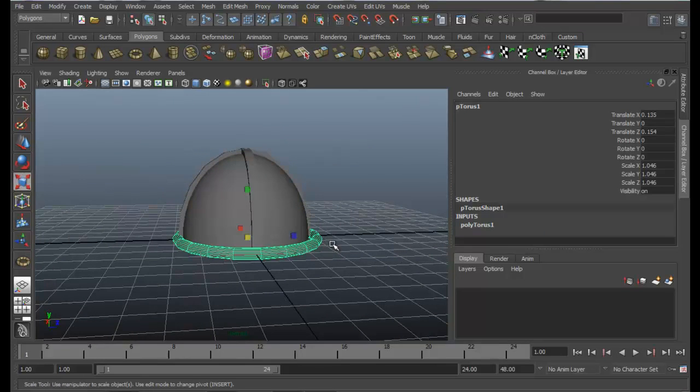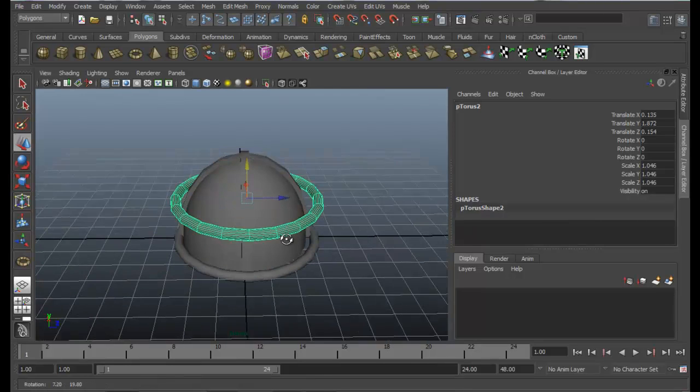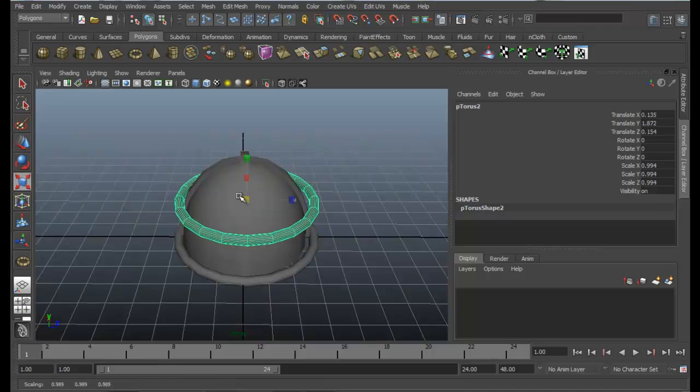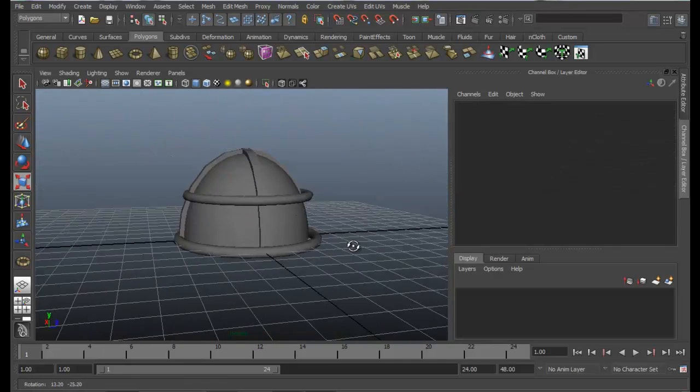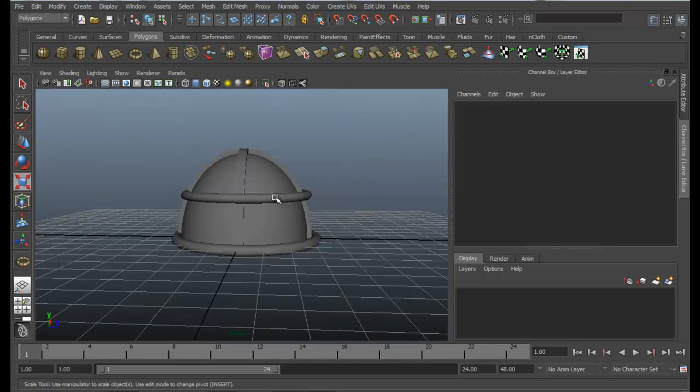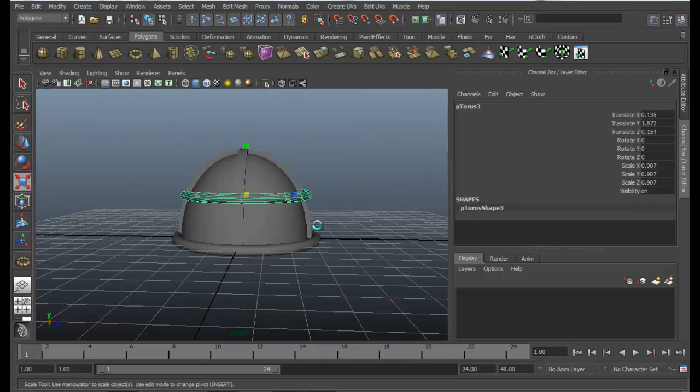Let's duplicate it. Control D, press W, and then move it a little upward, and then scale it down. Go to torus. Oh, we don't have that option. Okay, that's alright. That's good. Once again, you can just duplicate it, move a little upward as well, and then again scale it down.